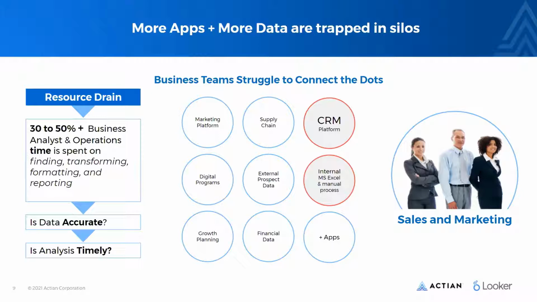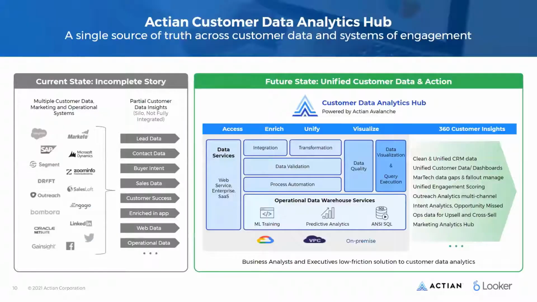So I know, Bruce, you shared a really good architecture slide. I'm not going to spend too much more time on architecture. I will go to the demonstration, but I did want to point out what is different from a technical perspective when you're using the Actian Customer Data Analytics Hub. It is an Avalanche cloud warehouse, as Bruce had mentioned. The one thing that differentiates Actian is we include the integration and transformation capabilities